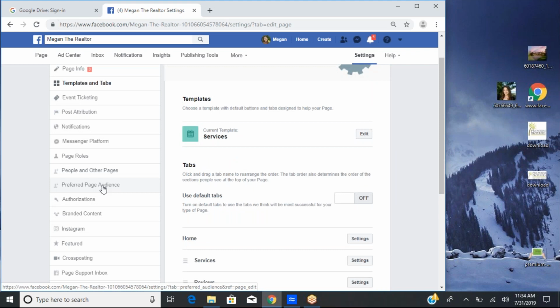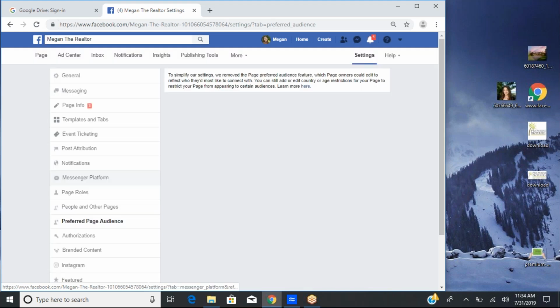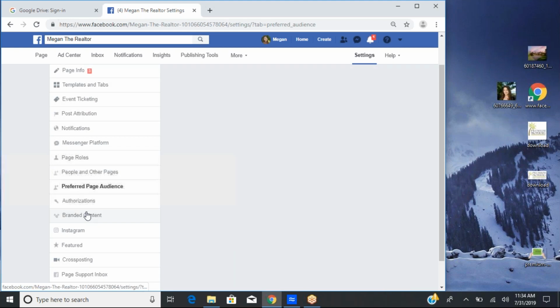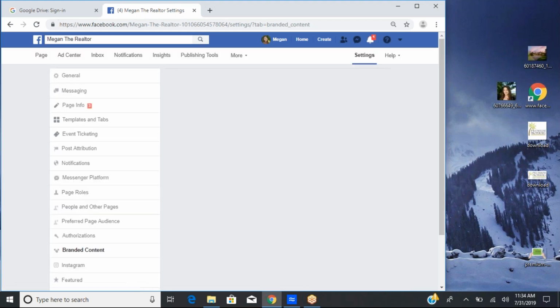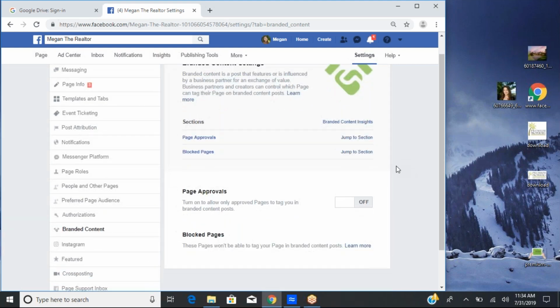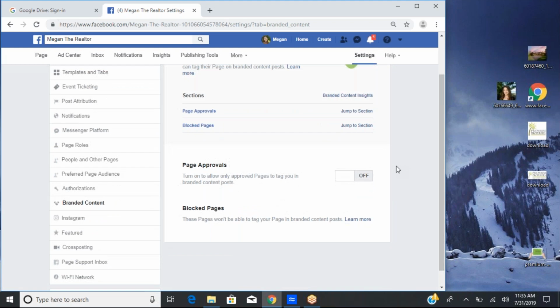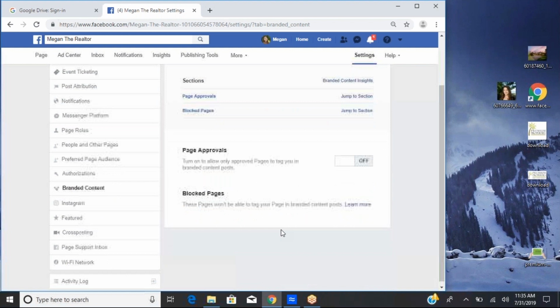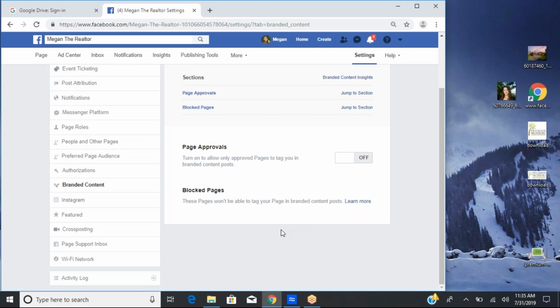More customization as far as limiting what people see and people do. Preferred page audience would, of course, not be agents. Looks like they changed where this stuff is. And I actually haven't seen the branding content thing, so I want to look at this. Okay, so it looks like this is also where you could have your blocked pages. So if you do block pages, it'll show up on here if you do lose them. And if you need to